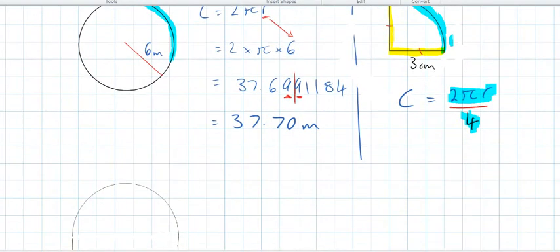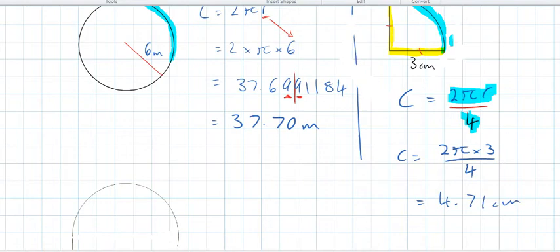So putting in the numbers, 2 pi times 3 over 4, and put that in our calculator. We score an answer of 4.71